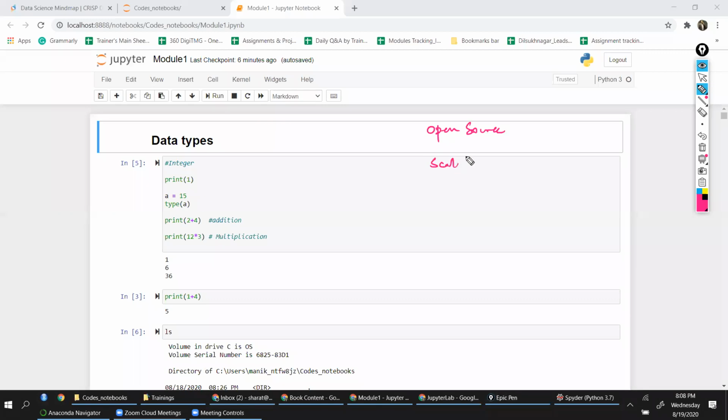It is scalable. It is OS independent, that is portable. We call it portable. Then it is interactive. That means you will be able to write the program line by line. You execute each line and see how the code is executing. It's not in a scripting mode.